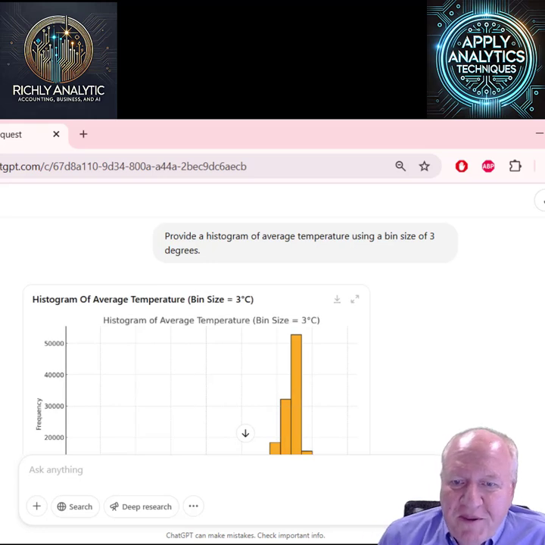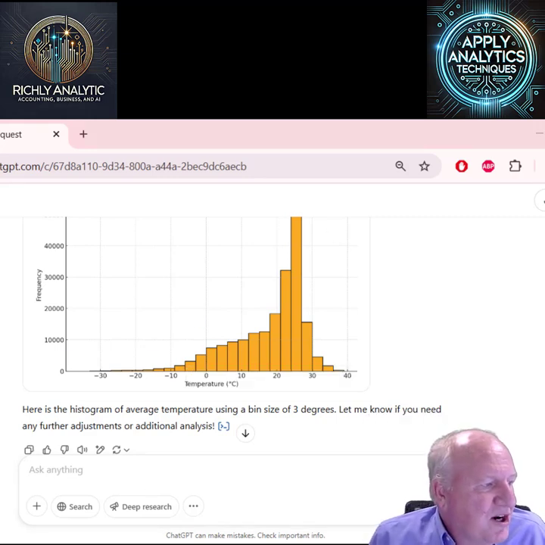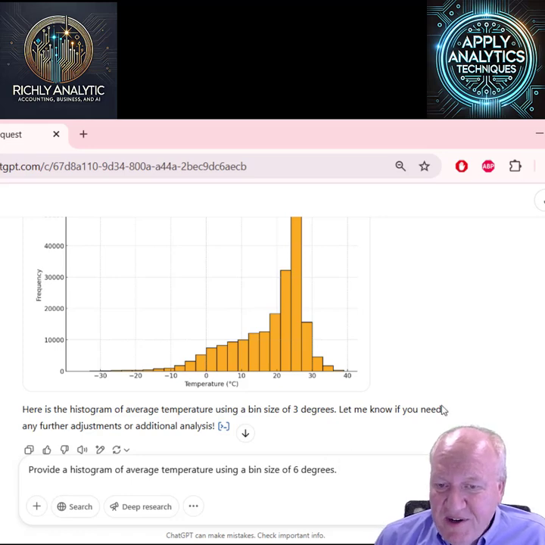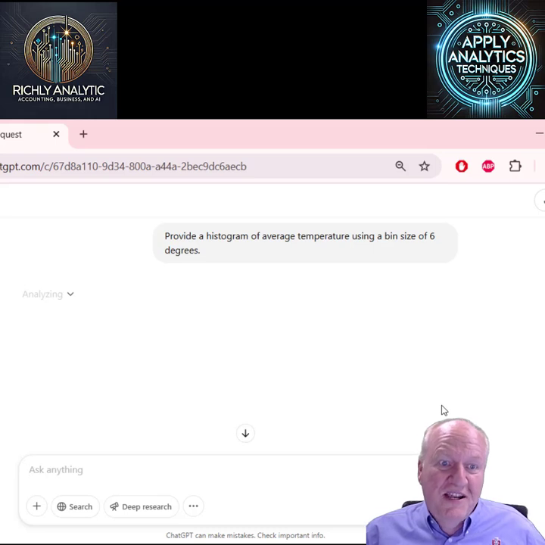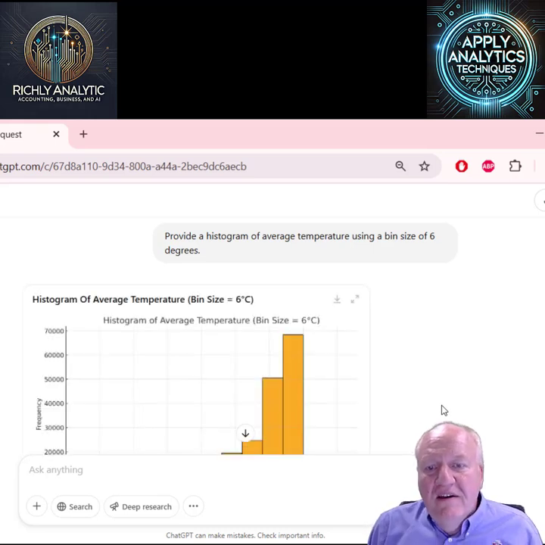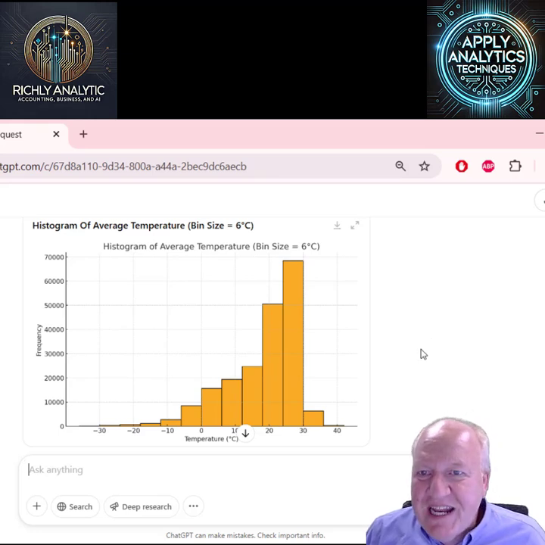And we're going to use 1, 3, and 5. So you can see the same basic trend, but now these are at 3 degrees. And the final thing we're going to look at is what it would look like if it were 6 degrees. And so, much wider bin, so maybe overall trends, but certainly not details. I'm not able to see nearly as much detail, but that may not be what I needed anyway.